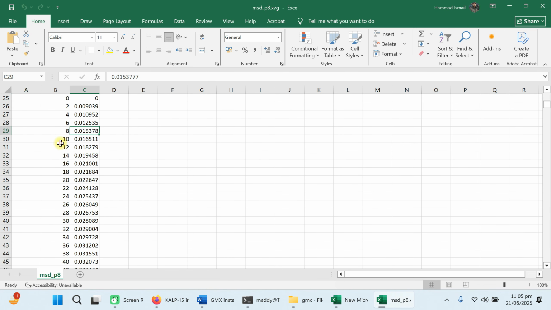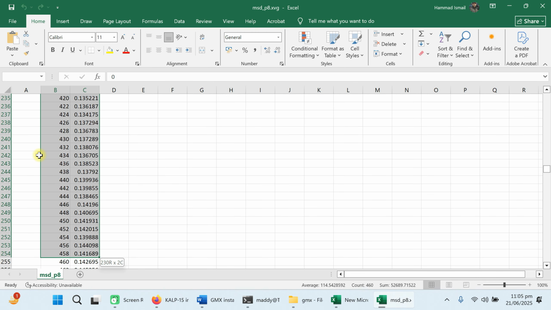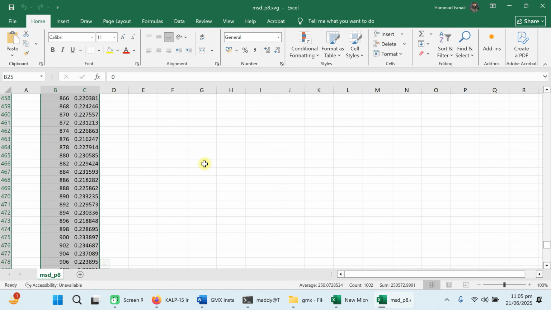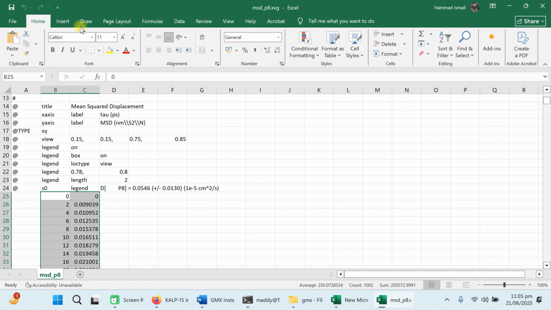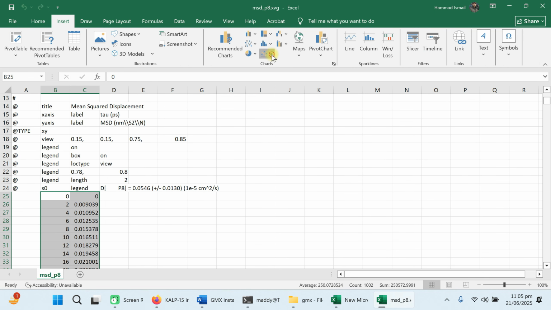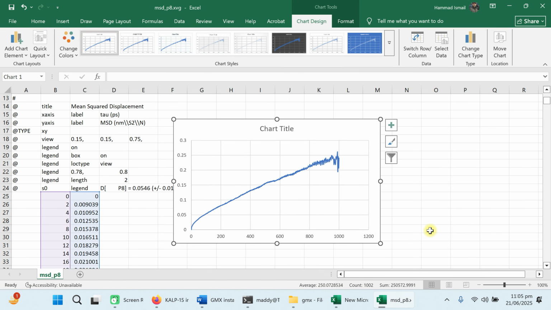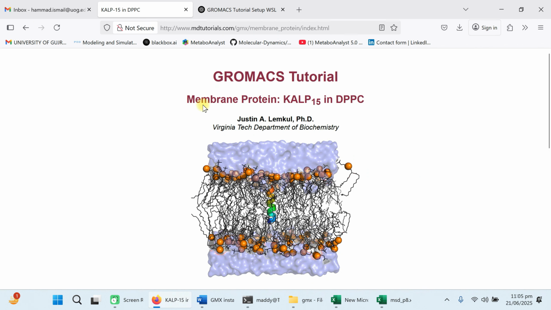Now you can see all the values are pasted in separate columns. You can select all these values, go to Insert and then Scatter chart and make a chart you like. You can add a legend and you can add more information you like. So this is our tutorial